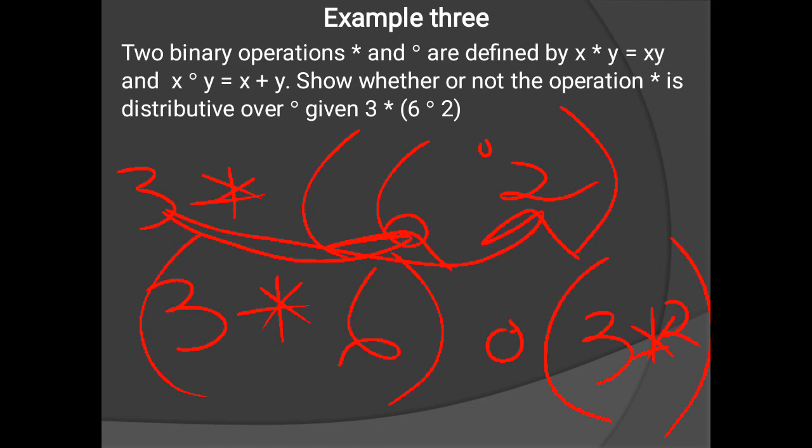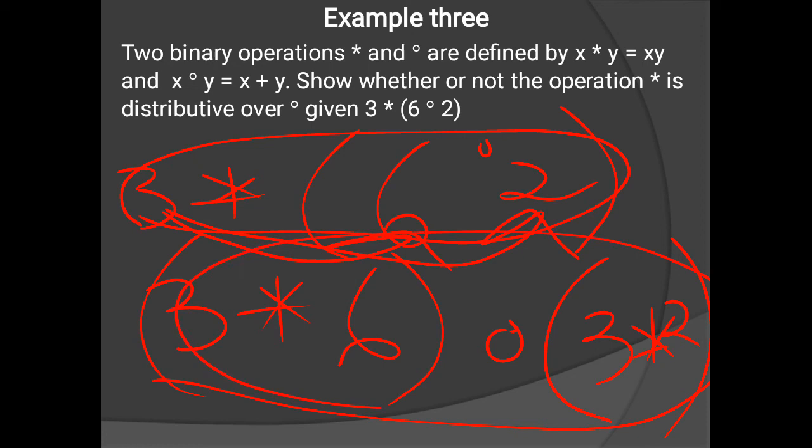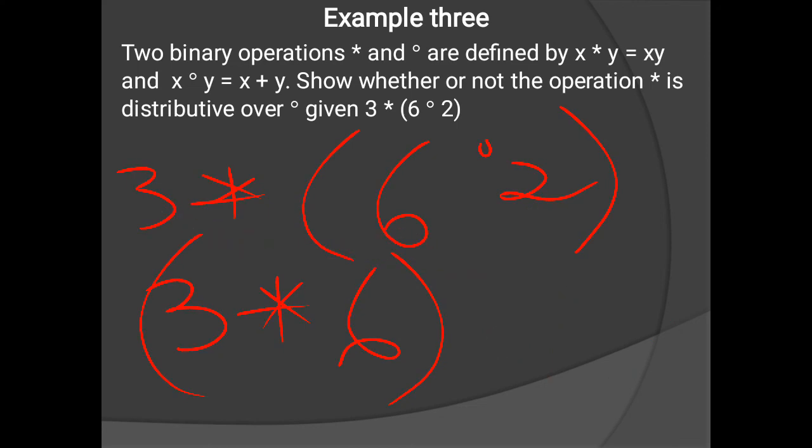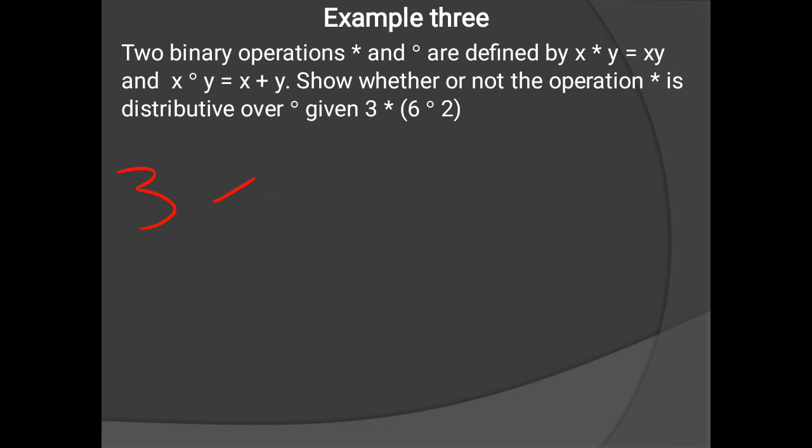Right, so we first take this one, we solve using the given rules, then later we take this one, we solve using the given rules. If you get the same answers, then the operation is distributive. If it is not, then it is not distributive. All right, so let's delve into it. So let's quote our definitions or our rules and then our conditions for